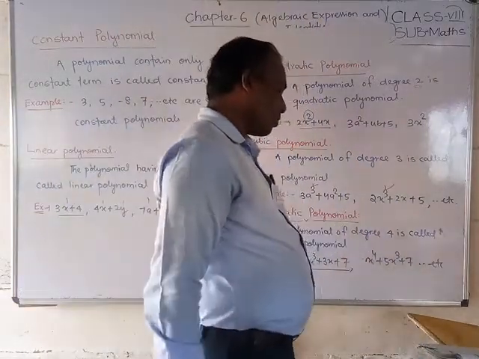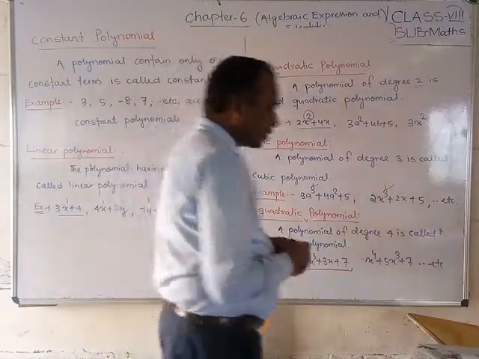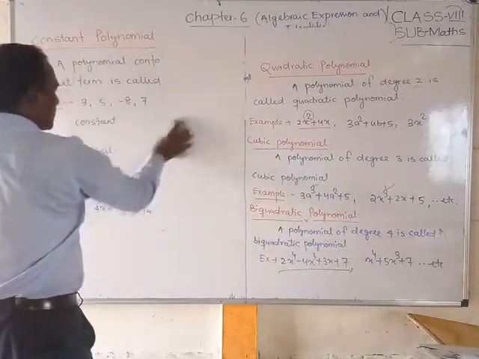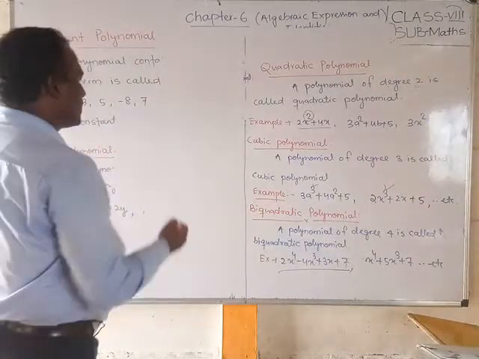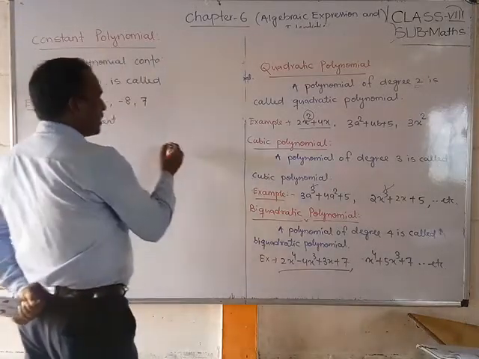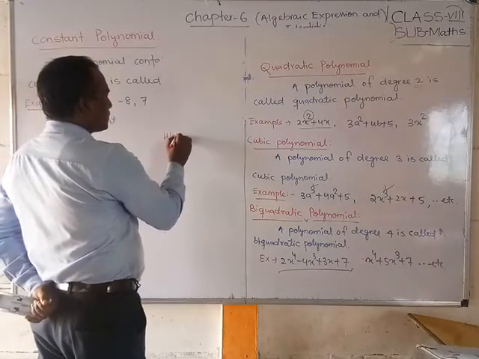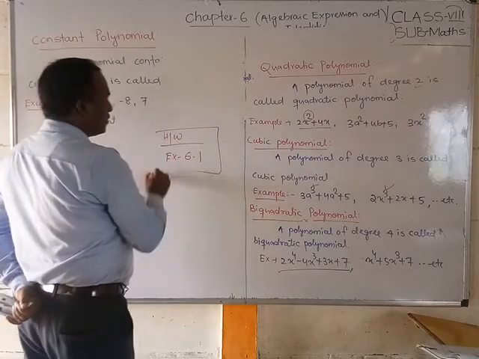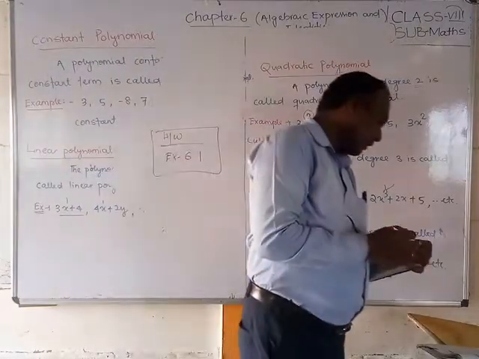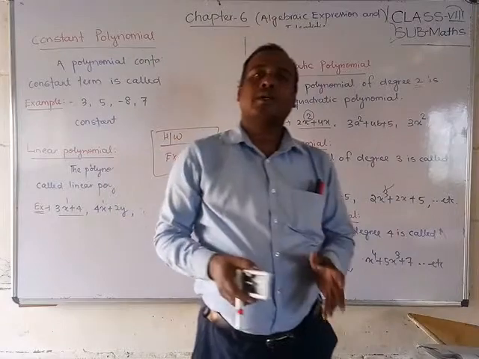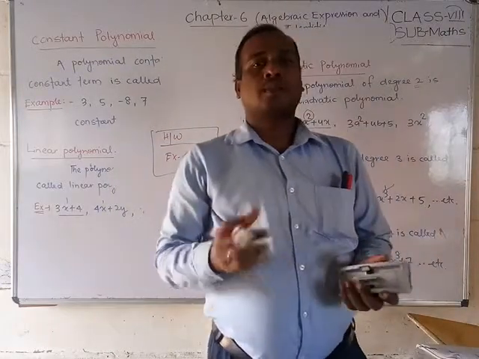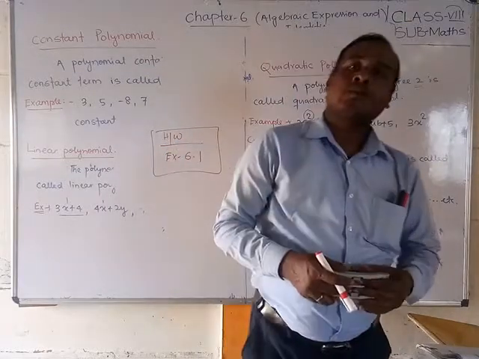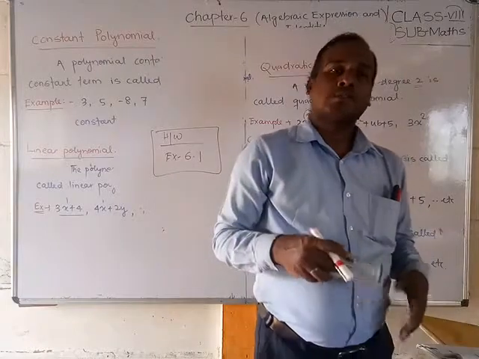Okay students, now the first exercise is completed. What the terms are, what the degrees are, and what the types of polynomials are according to degree, I have already told you. So for your homework, do exercise 6.1. You should find out which are polynomials and whether each is a polynomial or not, and send it to my personal WhatsApp number. Thank you, friends. Next we will discuss the division of a monomial and of polynomials. Thank you all of you.